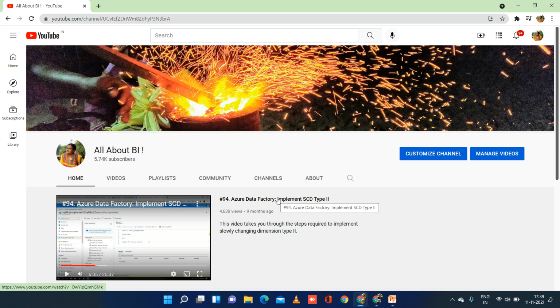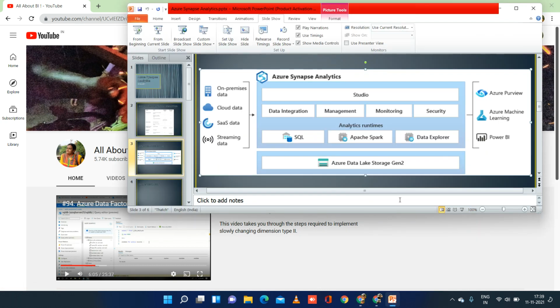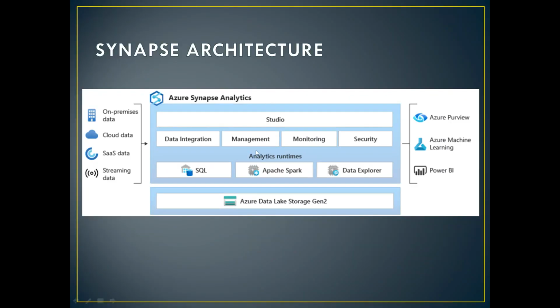As I conveyed in the last session, this is going to be an architectural discussion, the architecture diagram of the Synapse Analytics workspace. Okay, so let me define it. This is the block diagram that we want to concentrate on in this session. Basically, concentrate on this portion of the architecture.